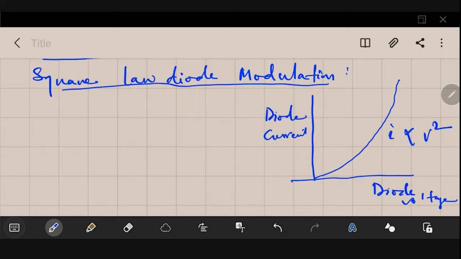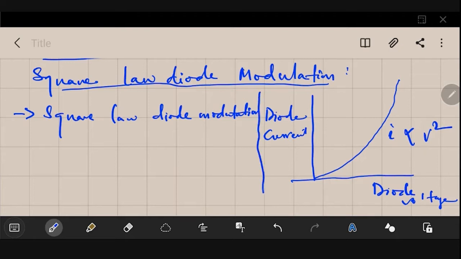If you go to the high voltage region, obviously it will become much more linear compared to what it is in this case. Okay, so let me write about it. You could note it also, what kind of characteristic we are using here. So you could write that square law diode modulation. Am I audible? And the screen is visible clearly, right? Okay, so square law diode modulation circuit